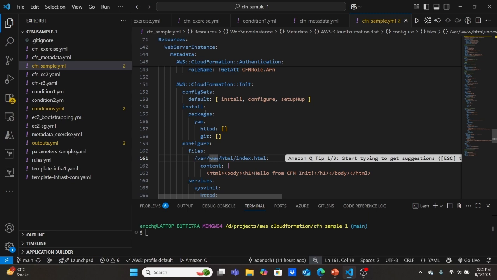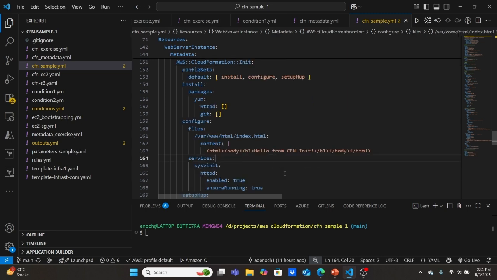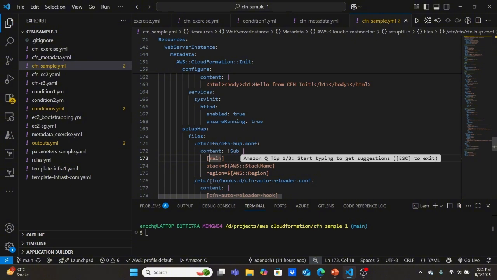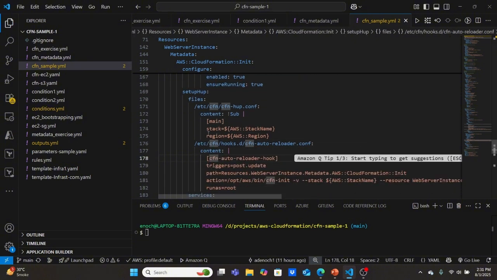And install is to install HTTP Git. Configure is to set up this web page index.html file, and is going to put this content there, loaded from CFN init. And service is to start the HTTP service. Setup up is to create the configuration files